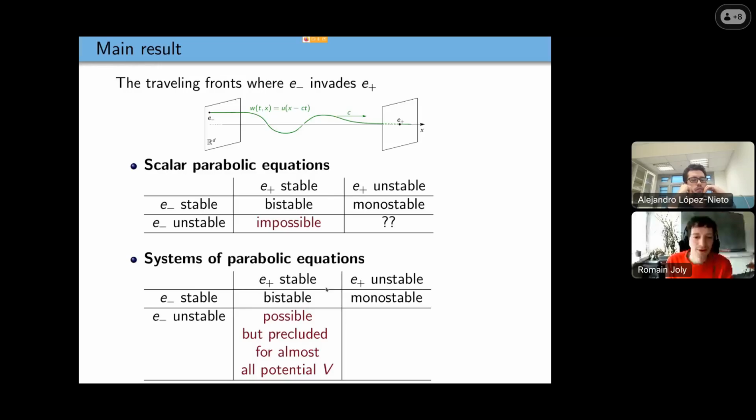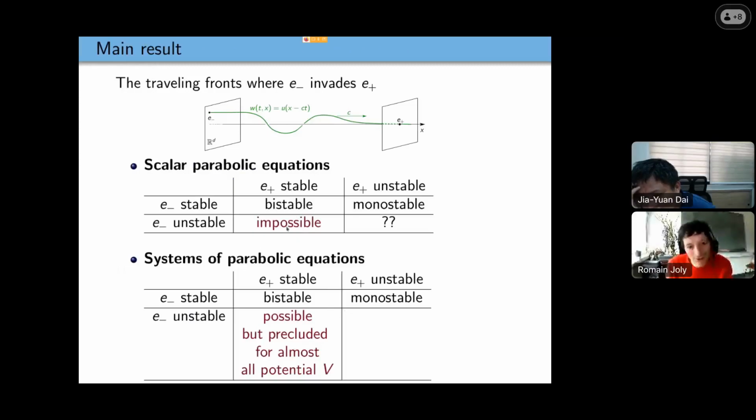Can I guess that the difference between scalar and the system of PDE? So one is impossible, the other is possible because now for systems we don't have maximum principle. Or what is the main reason for this? So what is the difference here? I will just present you just after.